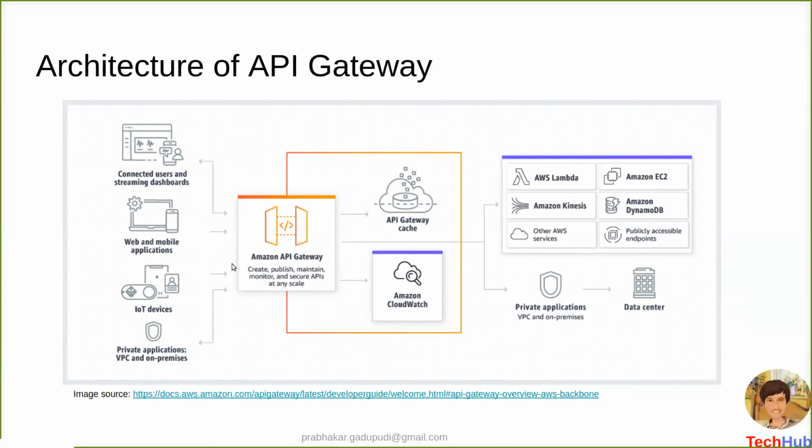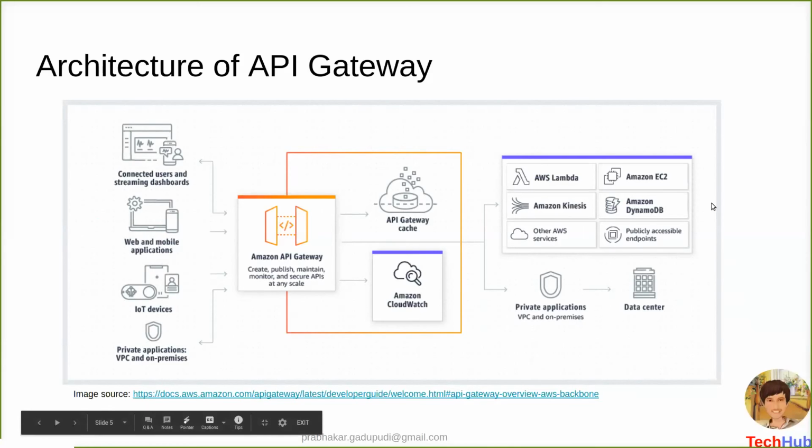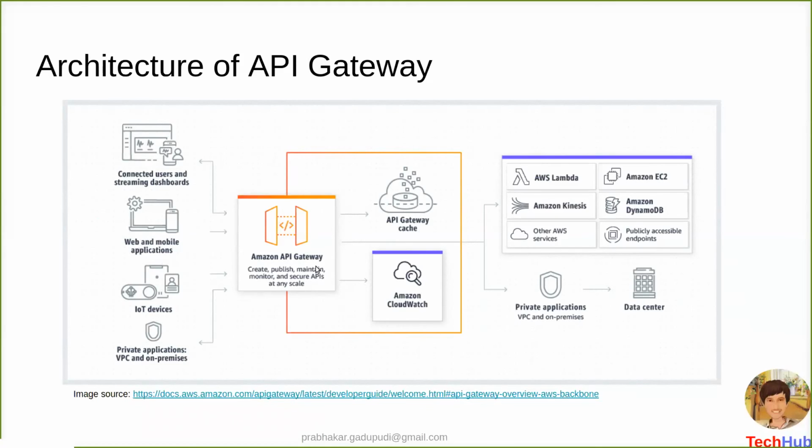With the help of this API Gateway, your business logic and services will remain in the backend of the AWS cloud. Whatever request comes to the AWS API Gateway, we can integrate it with the following services, like AWS Lambda, Amazon EC2, Kinesis, DynamoDB, some RDS, and also do load balancing. So many things we can integrate, based on your requirement.